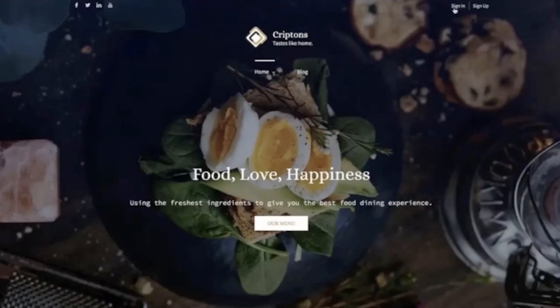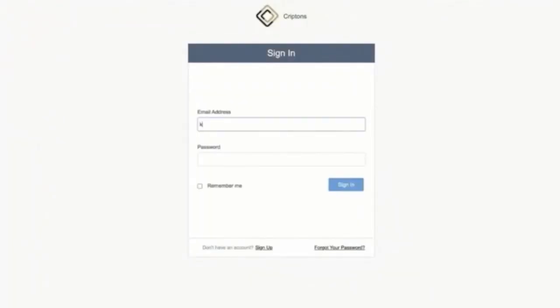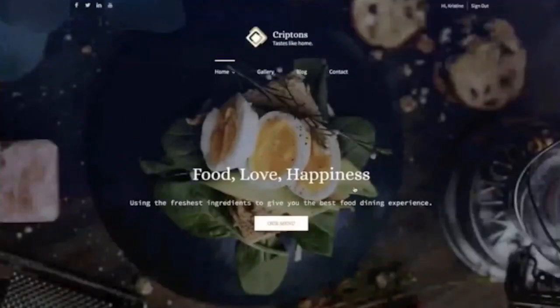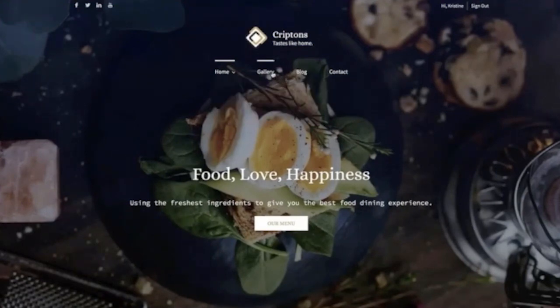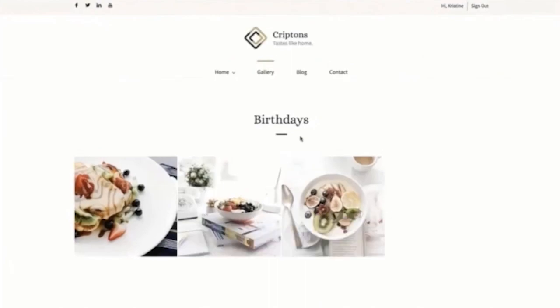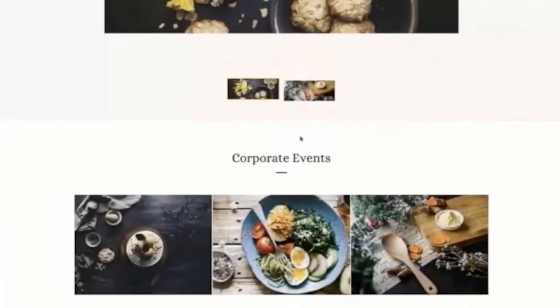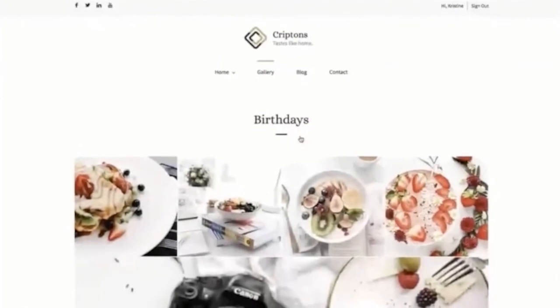I'm just going to go ahead and sign in, put in my credentials. And once that is done, as you can see, now suddenly the number of pages have gone up. Here you have an added page, which is the gallery, and there is a contact page, and inside the About Us page, now there is an additional page called Our Menu, right? So I'm just going to go ahead and click on the menu page, and it's going to show you that this particular page, which we haven't even discussed, you couldn't see it so far. So this is how this particular access control of the website works.